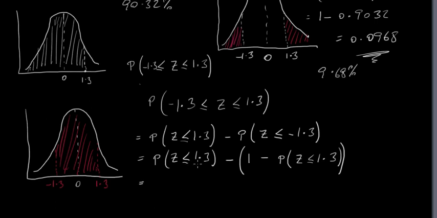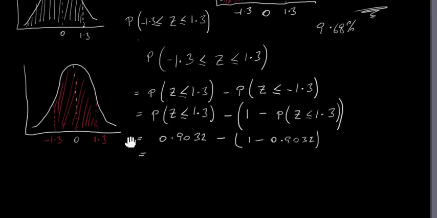So the probability of z being less than or equal to 1.3 is 0.9032. This part here we've calculated up here already. So it's going to be 1 minus 0.9032. That's this bit here, as we've already calculated here. It's the same as this here. So it's 1 minus this. So let's just move this up a little bit. And here we end up with